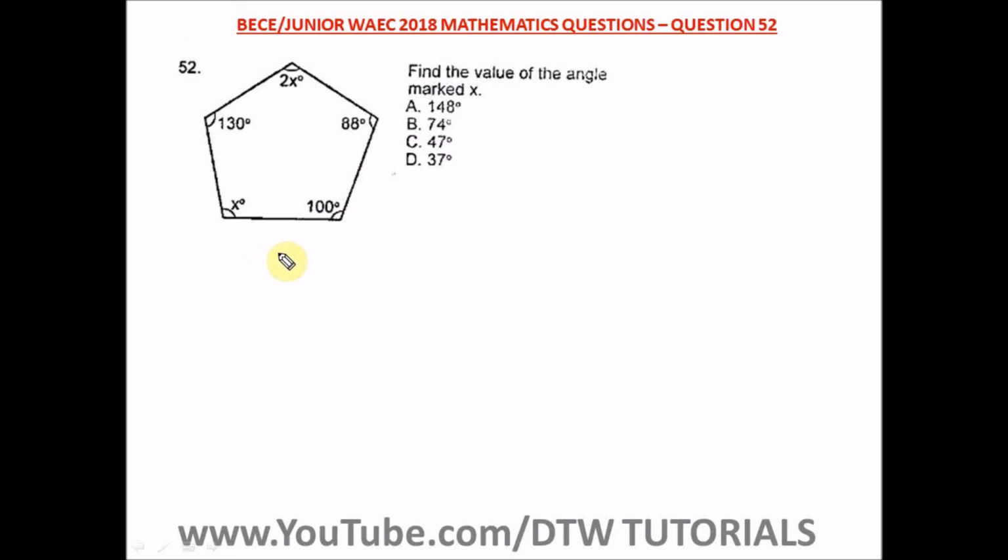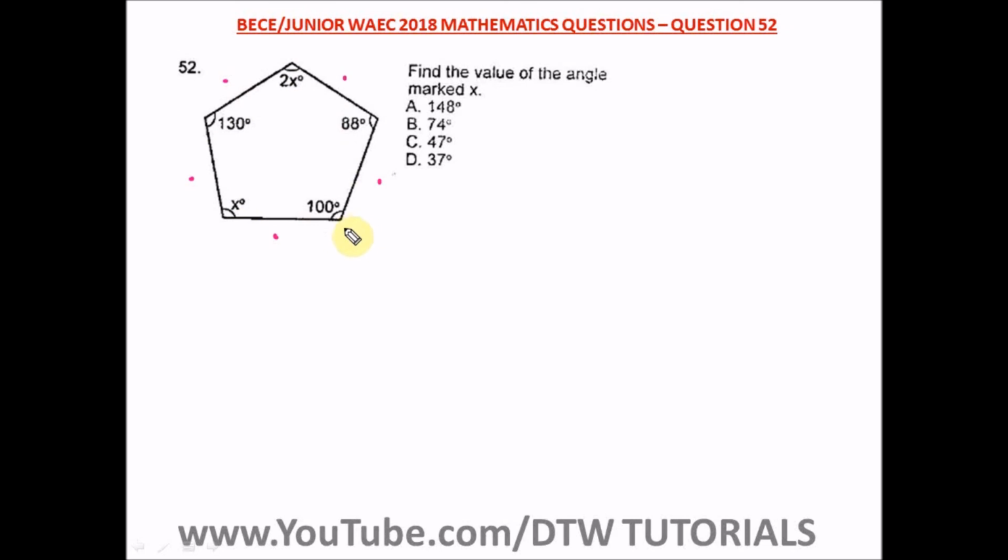Question 52 of the BECE Junior WAEC 2018 Mathematics Past Question. That's your OBJ question 52. It says, find the value of the angle marked X. Okay, so we're looking for X. We have to find the value of the angle marked X. Okay, so this is a polygon, and this polygon has how many sides? 1, 2, 3, 4, 5. It has 5 sides, and these angles are the interior angles of